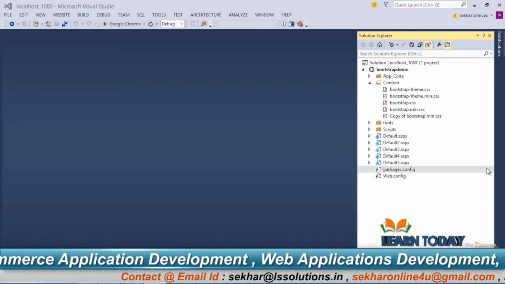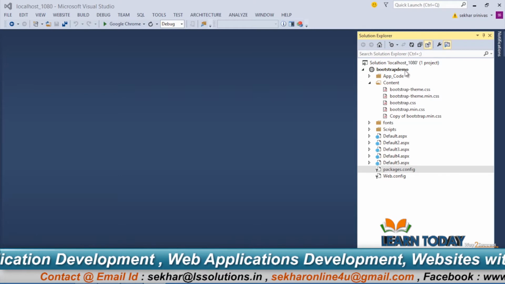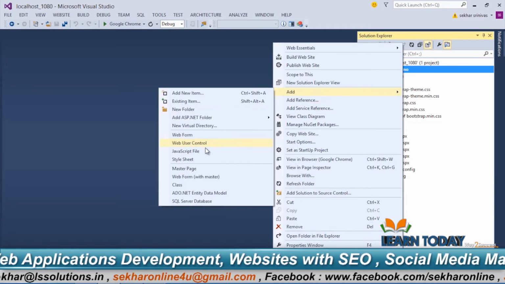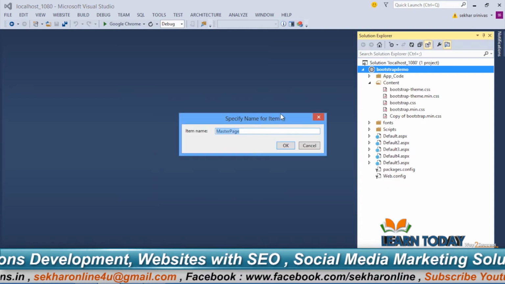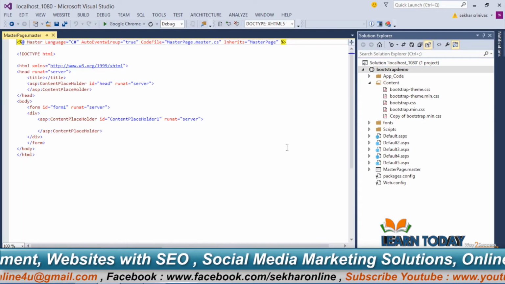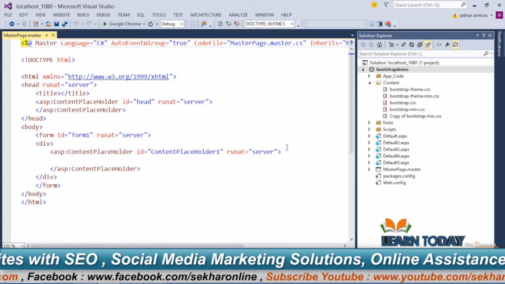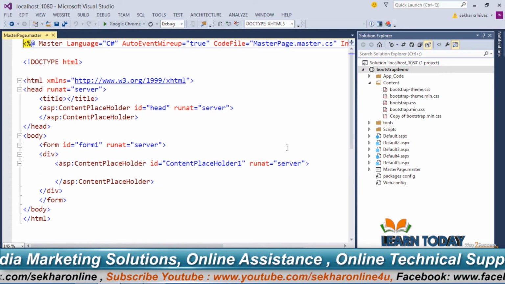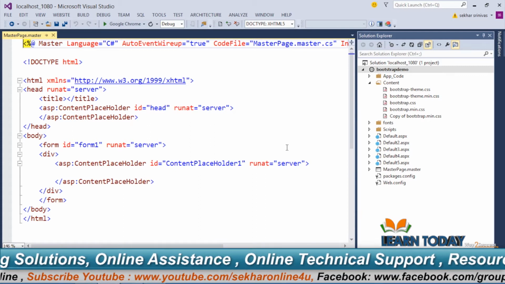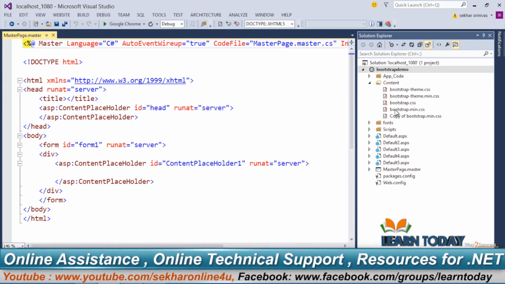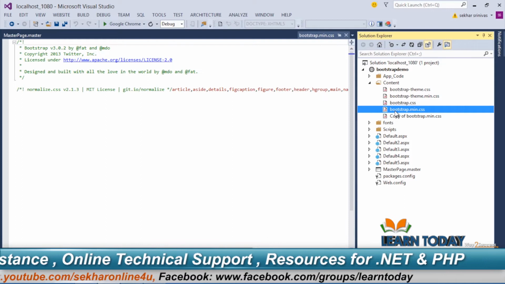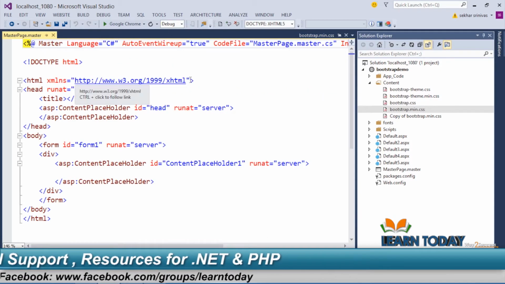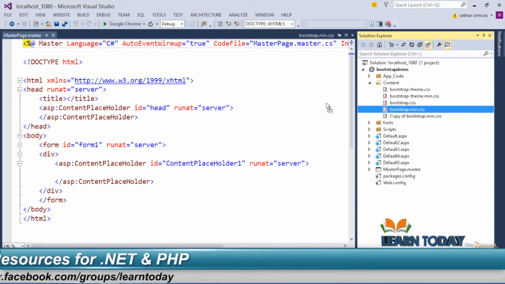Now let me try to add a master page. Within the master page, let me provide the styles required for applying the Bootstrap navbar, so that the same styles can be used within all the content pages. Now let me place the style sheet